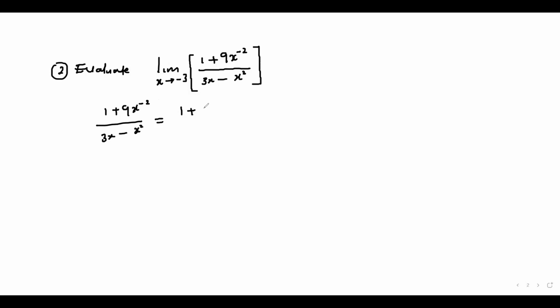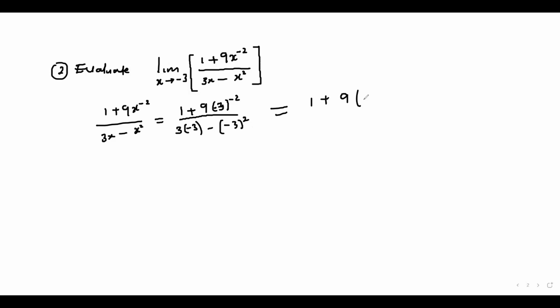So let's substitute directly. What do we have? We have 9 here, open bracket, minus 3, raised to the power of minus 2, all divided by, we have 3 open bracket minus 3 because there's an x there, minus open bracket minus 3, squared. So this is now equal to, so we have 1 plus